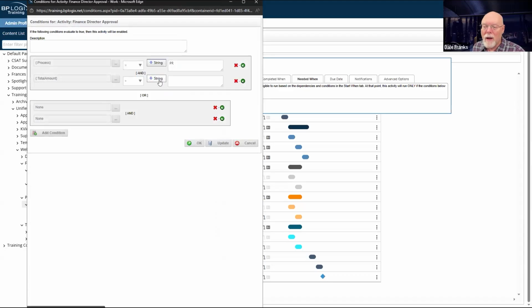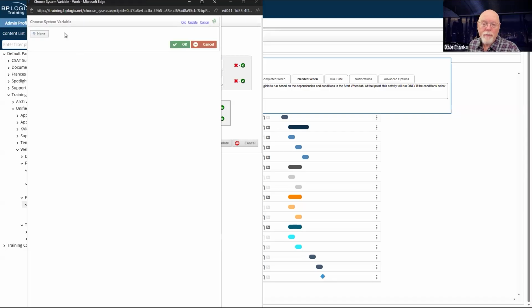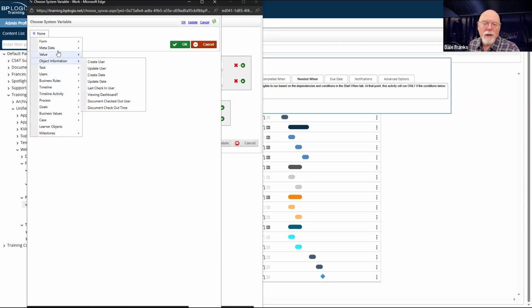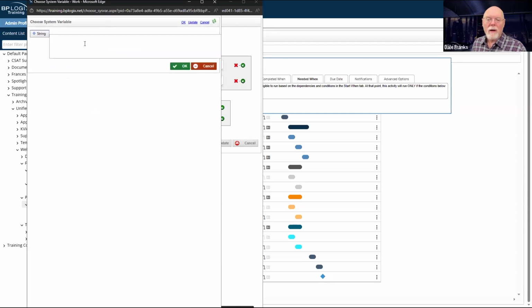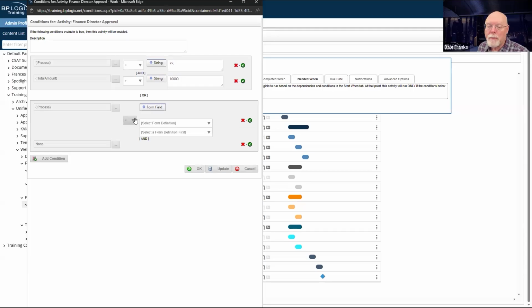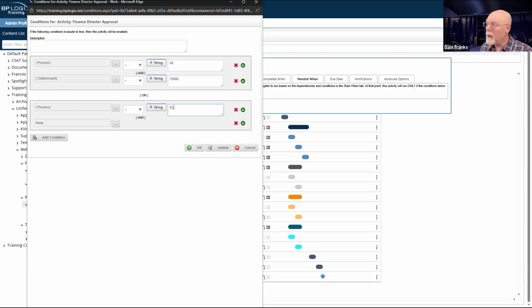and we're going to do string here, but that should work fine for us because Process Director will convert strings to numbers to do the appropriate comparison. So again, if my amount is more than $10,000 and it's a purchase request, or, and once again, we'll have to set this up for POs. So if my process equals PO, we'll go to string and PO,